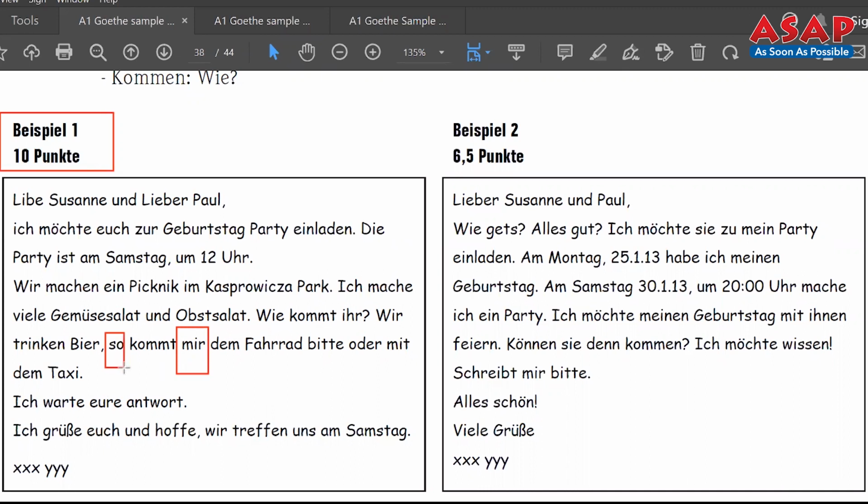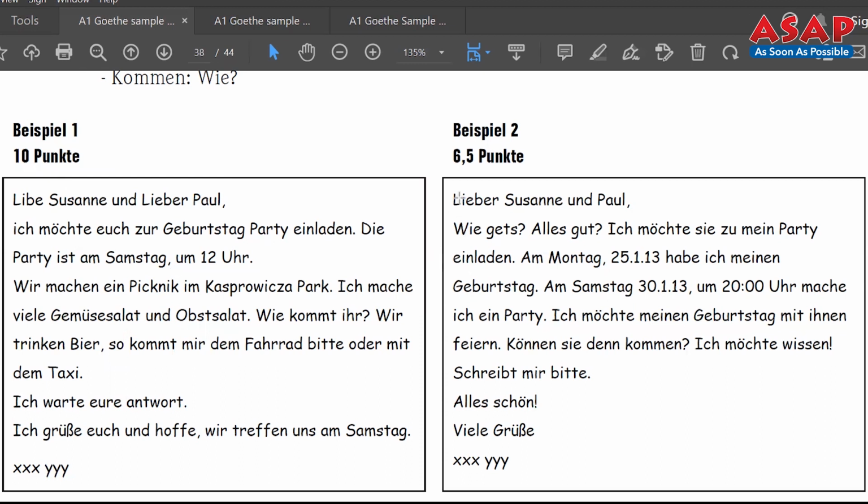Okay. But in English, we say so come with the cycle or Motorrad bitte oder mit dem Taxi. So how one should come, that is given here. Ich warte eure Antwort. Now, one word should be there. Ich warte auf eure Antwort. I'm waiting for your reply. Antwort, A should be capital. Okay. So there are few mistakes, but still it is correct, and you are getting 10 out of 10. Points are covered. You are mentioning everything properly, and few grammar mistakes are okay as per the sample answer by Goethe Institute in the sample question paper.